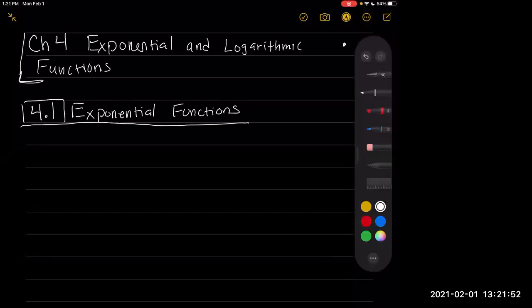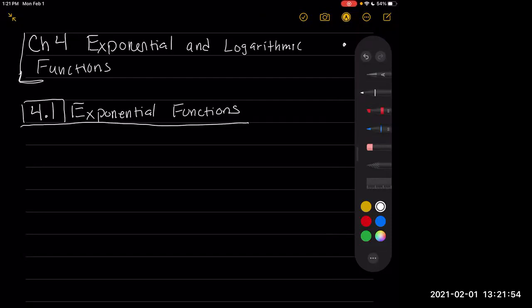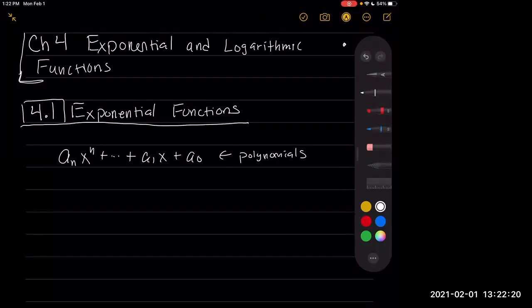So in chapter 3, we mostly looked at functions that were building blocks of polynomials or rational functions. So they looked like a_n x to the n all the way to a_1 x plus a naught. So these are our polynomials. So now we're going to start with a new building block function, which is an exponential. So it's something of the form, like for example,